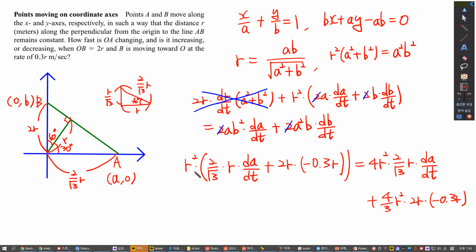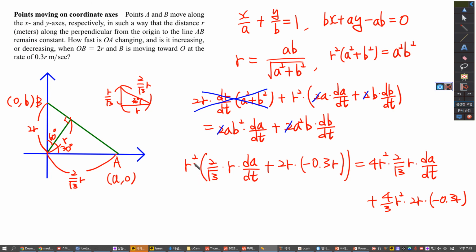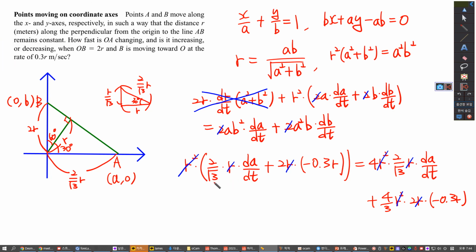So we can cancel R cubed for each term. Let's first cancel R squared, and then we can also cancel this R. And if we simplify this,